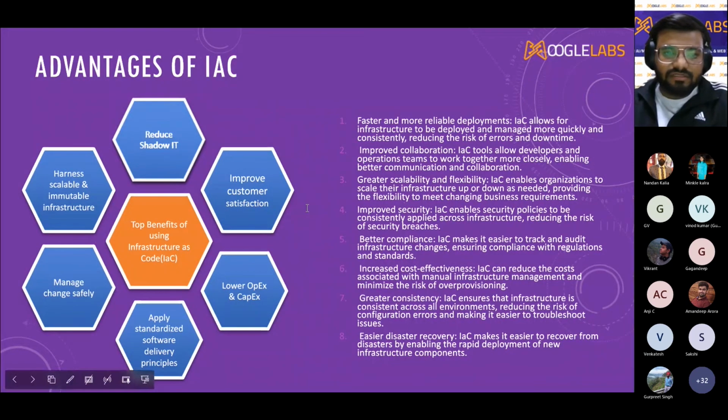So basic advantages are it is faster and more reliable, and it also allows our infrastructure to be deployed and managed more quickly, consistently, and reducing the risk of errors and downtime. It also allows developer and operation teams to work together, as we have already discussed, and it provides greater scalability and flexibility. And you can scale your infrastructure up and down as per our needs. And it also provides us more security,